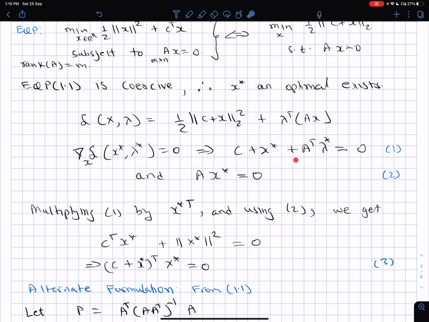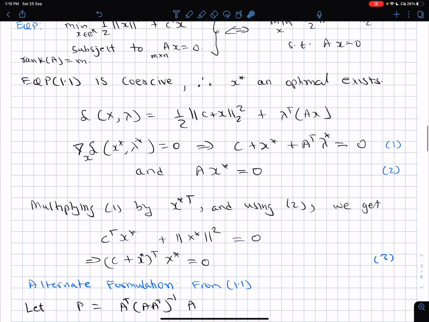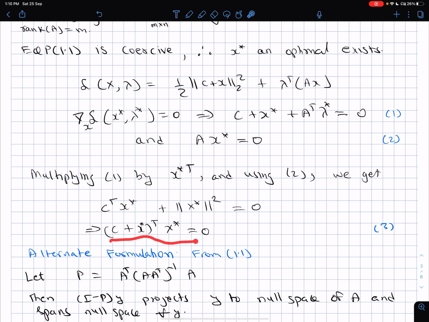So what do we get? We can annihilate this term if we pre-multiply this equation by x star transpose, and that gives you x star transpose c, or c transpose x star, because it's a scalar, plus the square of the length of the x vector should be equal to 0. You can also write it as x star transpose x star, and then take x star common out, and that gives you